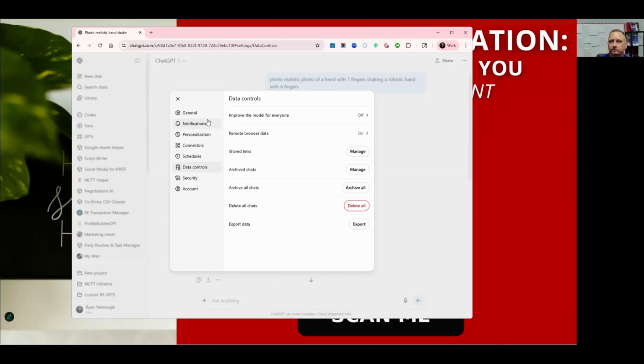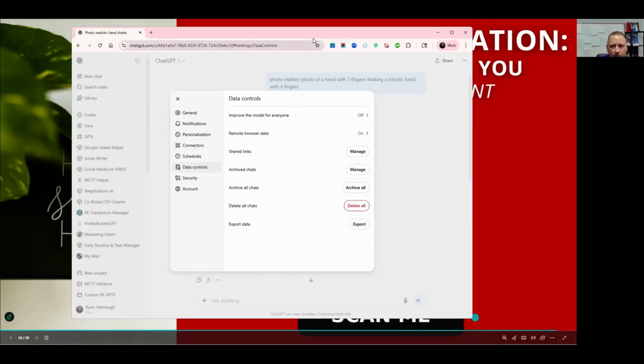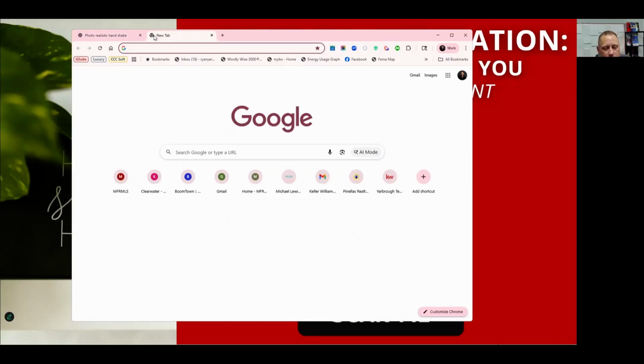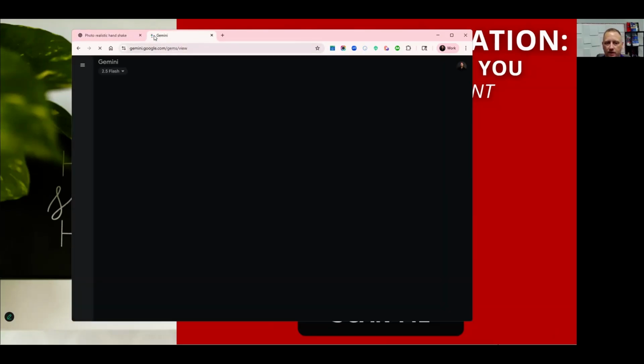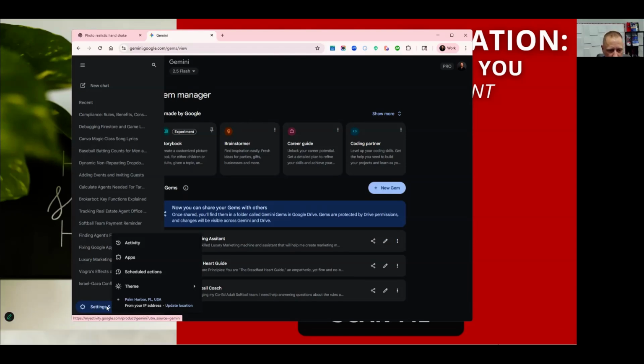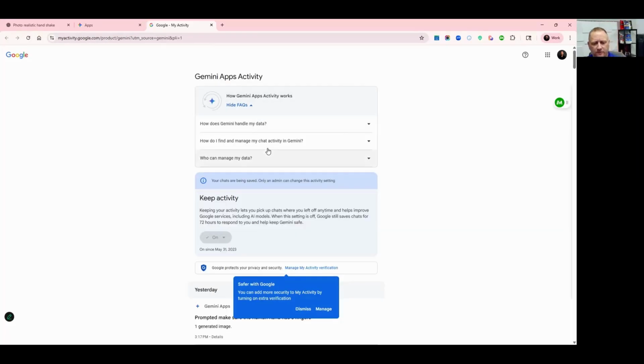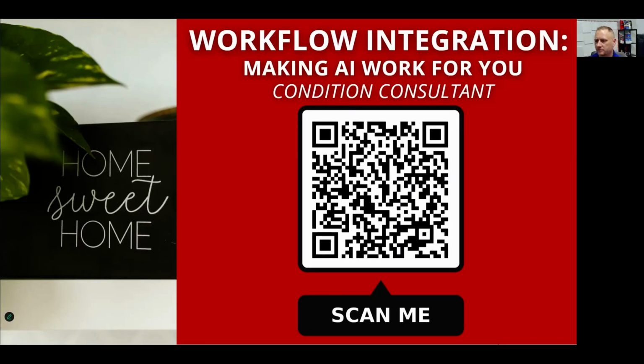I can't find it on Gemini. I will see if I can bring that one up here real quick. I'm using mine inside of my business account, but it should be very similar actually. Settings. Should be right in there. Okay, here it is. I'm just going to put this in the chat. This is the link that takes you to the settings. They have a settings menu for it. If you click on that, you should be able to turn it off from there.